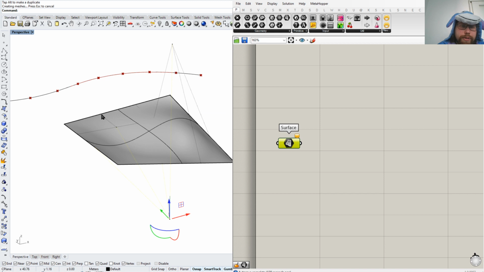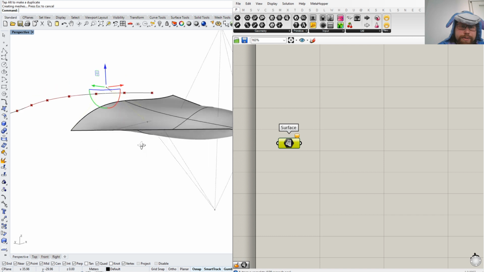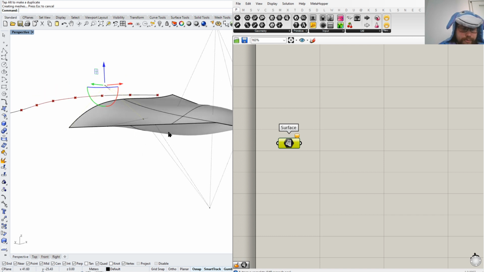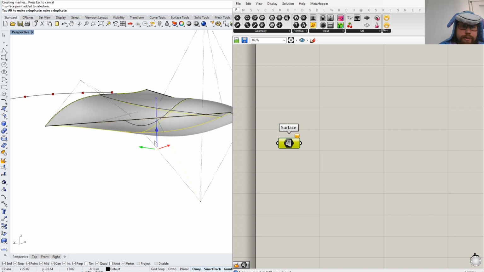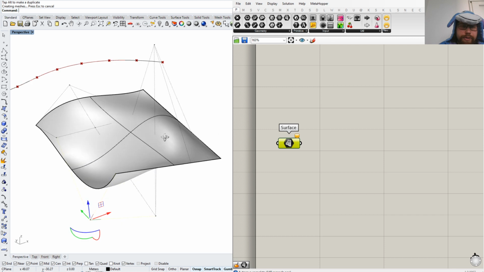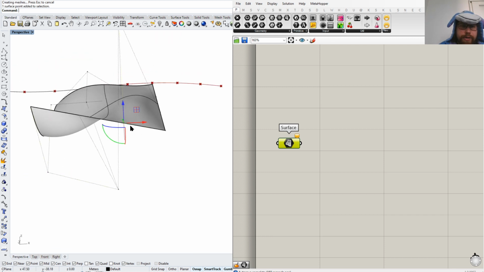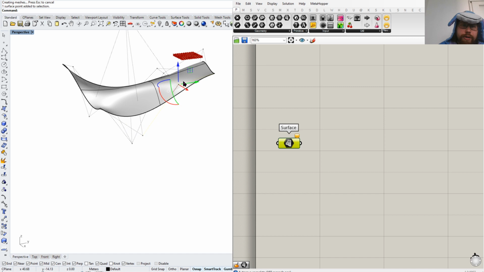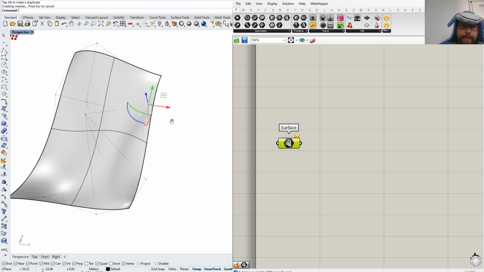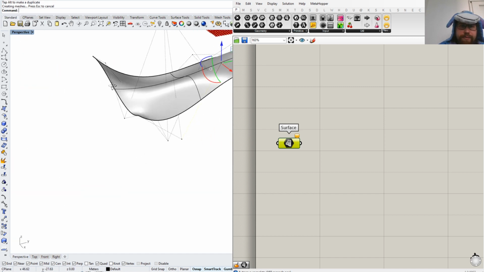And I can also make the edges a little bit more interesting. So this part is going to be like this. Just make it a playful surface. So 4-point surface and then rebuild. I'm just playing with the points. Yeah, this is something like nice. This one is gonna go down as well. This one is gonna go up. Yeah, and this is still a straight line, so I'm gonna go down with this one and up with this one. So now I have this nice surface,